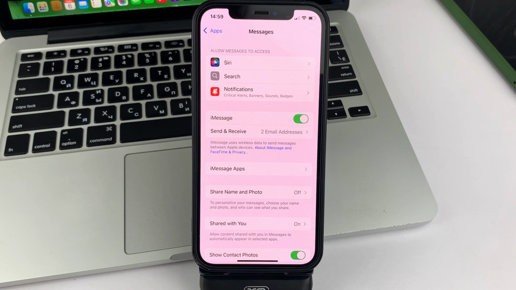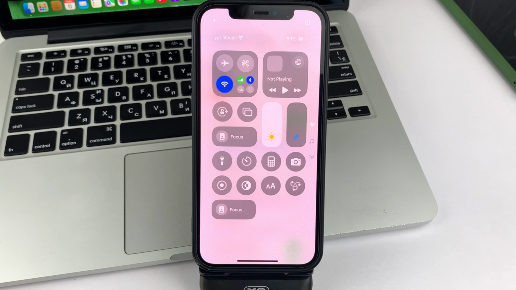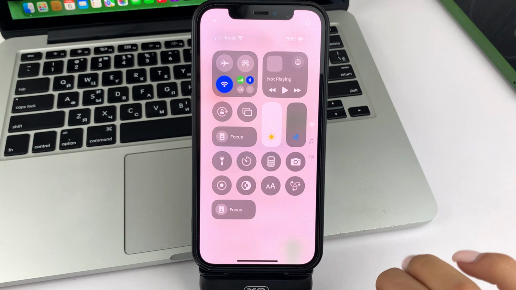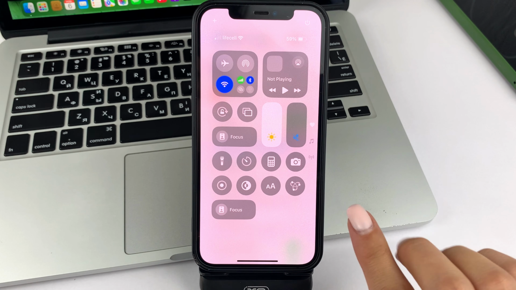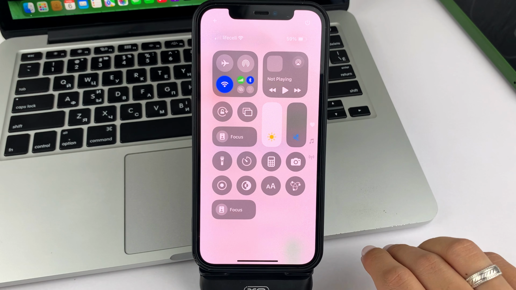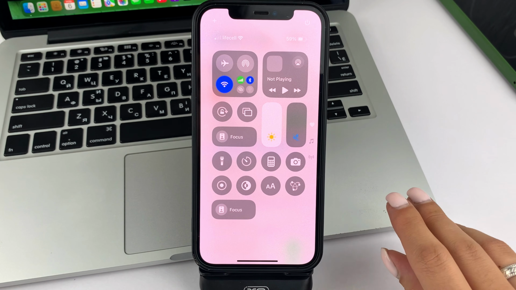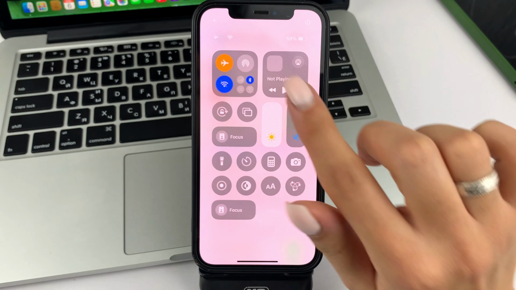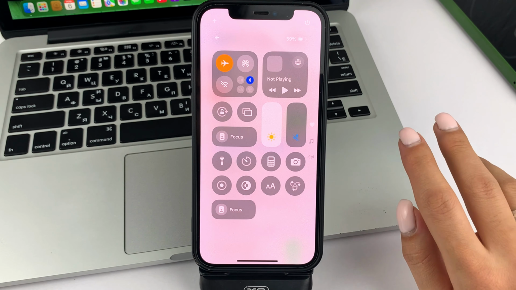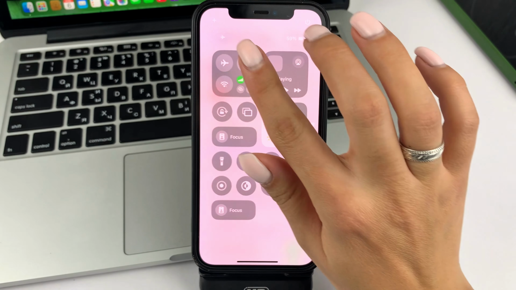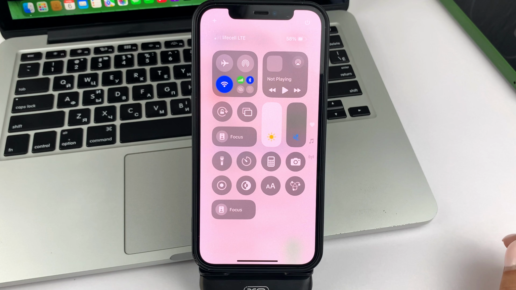Also, friends, I recommend you to see if you have a good connection. To do that, I recommend you to swipe down from the top. And then in the Control Center, you can turn off your cellular connection for a while to reset it and improve your cellular connection. To do that, press Airplane Mode. Wait 30 seconds or a minute. Then turn off Airplane Mode. Re-enable your cellular connection. This way you will stabilize it.